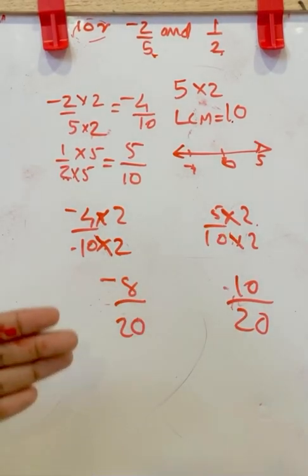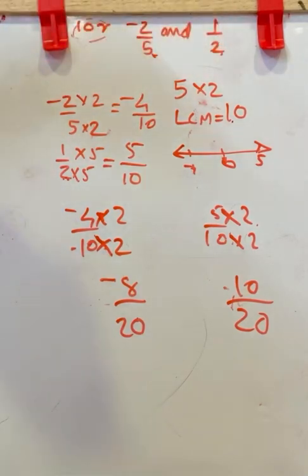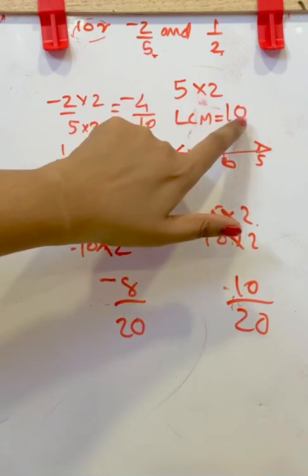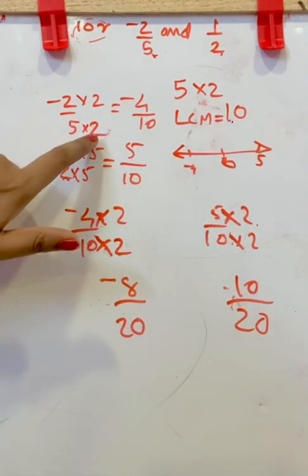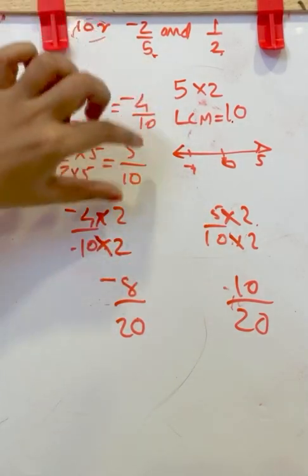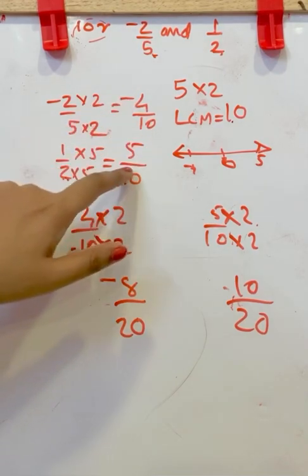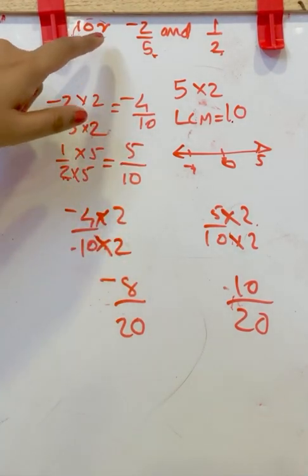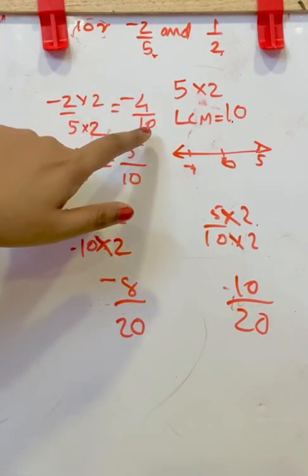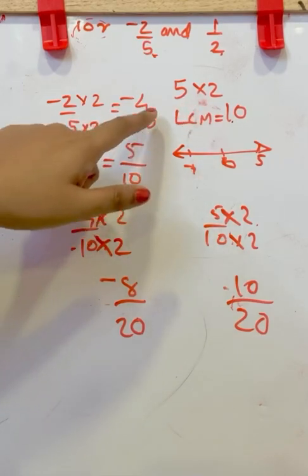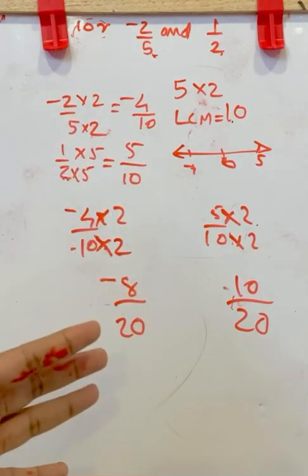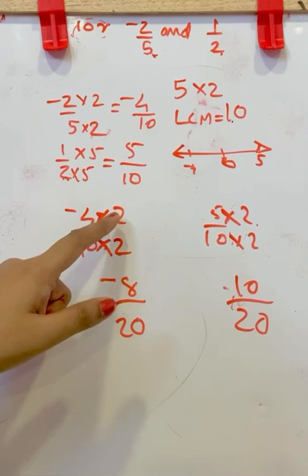So what we have done, we first got 2 rationals, and in that the denominators were different, so we found the LCM and made the denominator, and we checked what is multiplied to the denominator to get the LCM, and we multiplied and got 2 other fractions. But in between those 2 fractions, we have only 9 rational numbers, but we want to find 10 rational numbers. So either we can multiply this 10 with another 10 and make this negative 40 by 100 and 50 by 100, then you can find so many rational numbers.